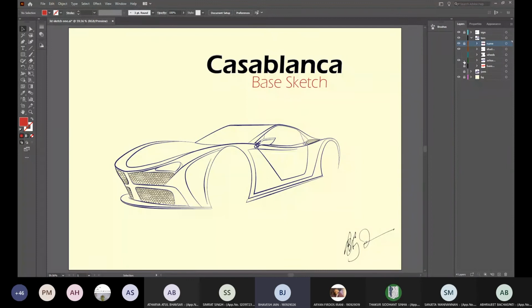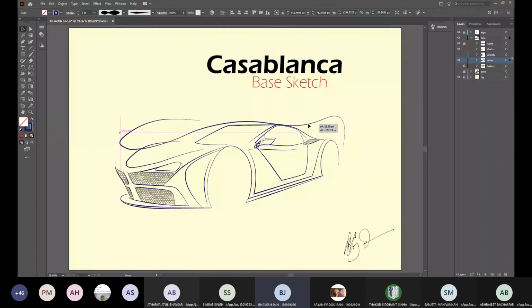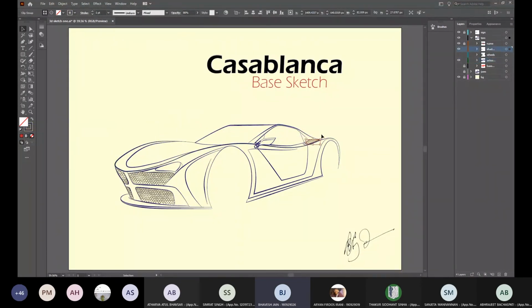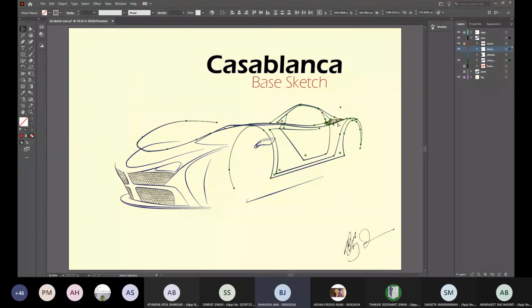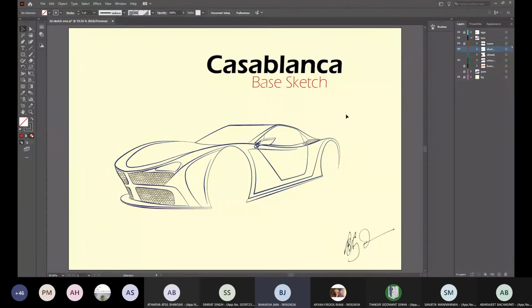So another thing, if you just want to edit something in here, suppose I want to edit this grill, but I'm not able to select it like this. So I drag and I move. So everything gets moved over there. But if I don't want that to move, I lock everything that I don't want. And again, just like how we did with the text, we do the same over here. So that is the main purpose of layering. That's how we do layering.